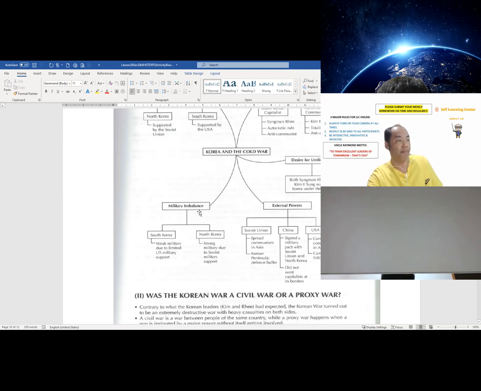You see the military imbalance. South Korea had a weak military due to limited US military support. North Korea had a strong military due to Soviet military support. North Korea got thousands and millions of soldiers from the Soviet Union and China. Do you know China sent about 60 thousand soldiers to the front line to help North Korea fight